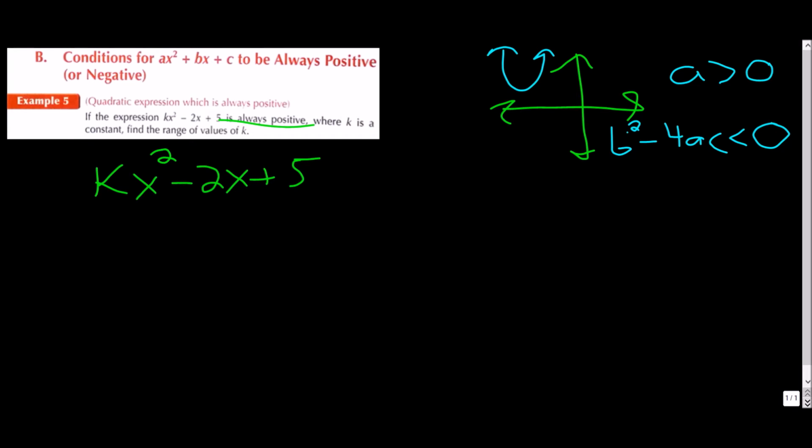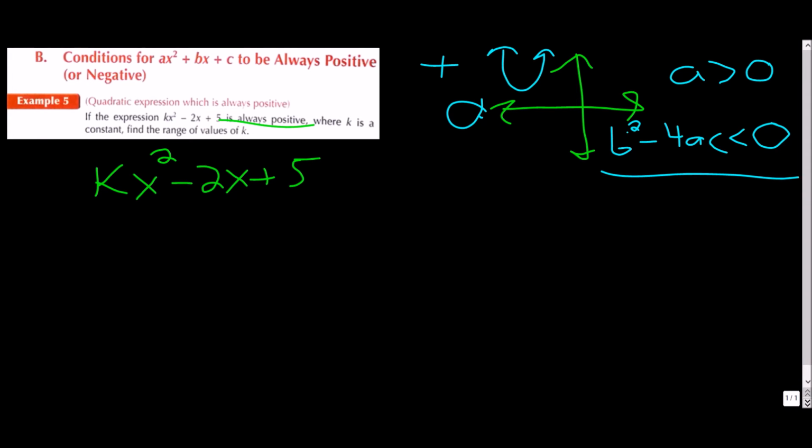So think about this. In order for a graph to always be positive, it must always be higher than 0. So this is our 0, so it's got to be over that, which means it can't have any x-intercepts. So that means our discriminant has to be less than 0. And then we have our a value also be greater than 0. So we're going to use this as our scaffold, and we're going to go ahead and try to complete our